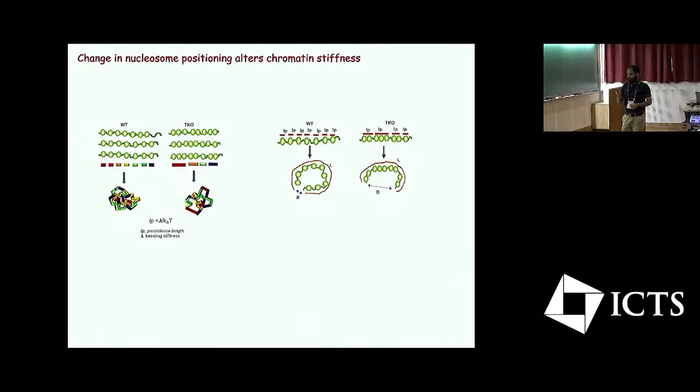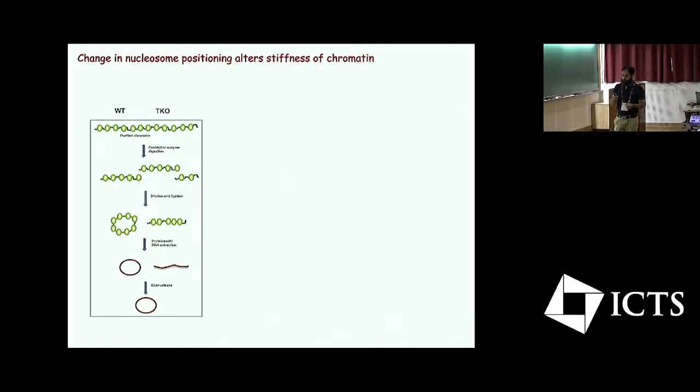So both of these parameters and how they vary with end-to-end distance can be explained by a Kratky-Porod model. To find out experimentally whether nucleosome positioning leads to the stiffness, which in turn affects the end-to-end contacts, we devised a biochemical experiment in which we purified the chromatin from both wild type cells and the knockout cells.